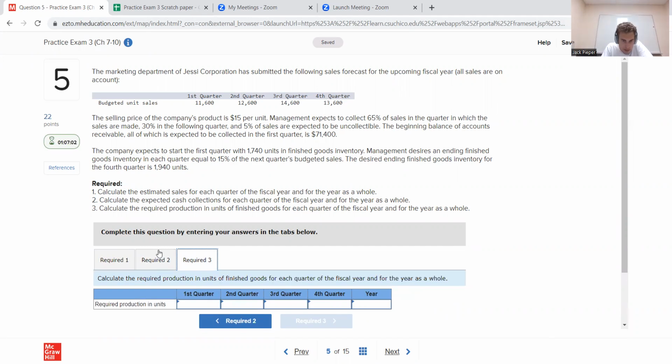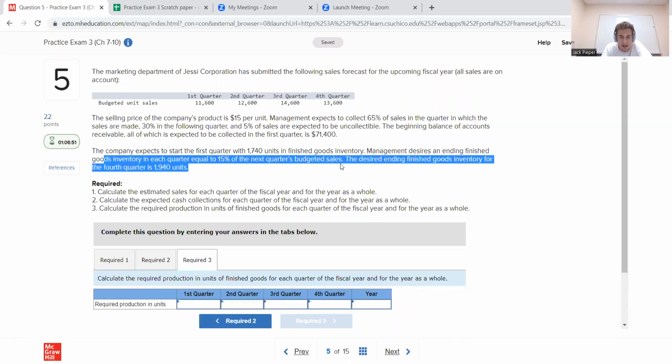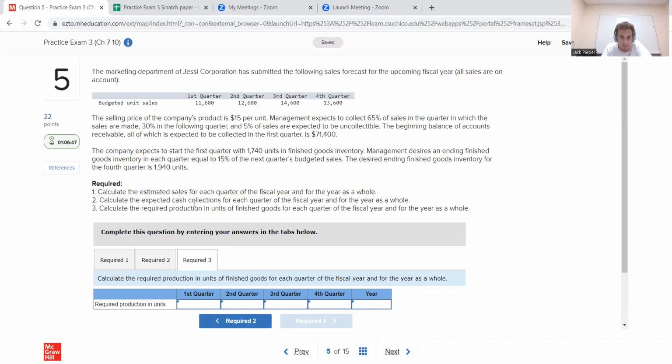So now for the required production of units. Okay, so the company starts the first quarter with 1,740 units of finished goods inventory, and the desired ending inventory equals 15% of the next quarter's budgeted sales. The desired ending finished goods inventory for the fourth quarter is 1,940 units. Okay, so kind of similar to what we were doing here, except we're doing the required production. So we just need to take the number of units in production times 15%, minus,